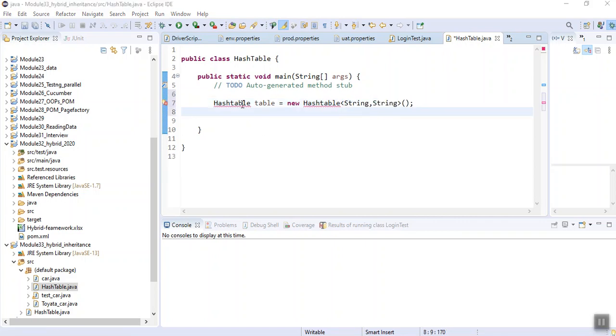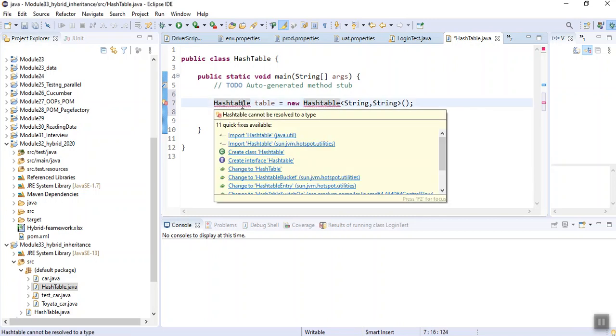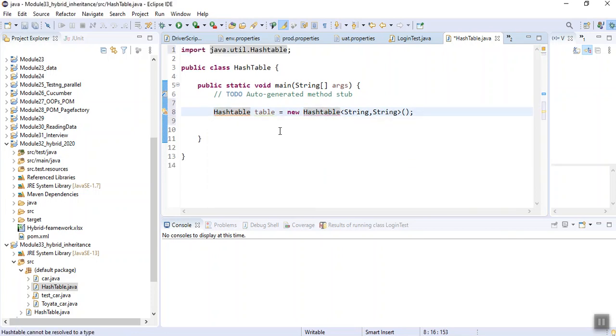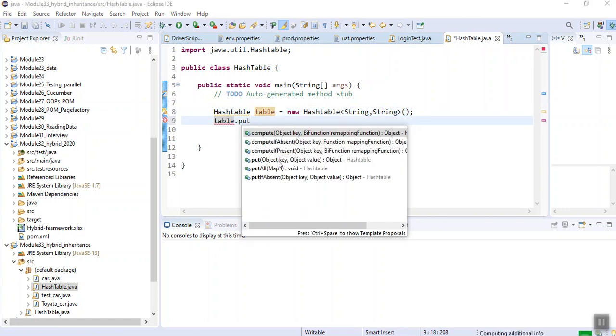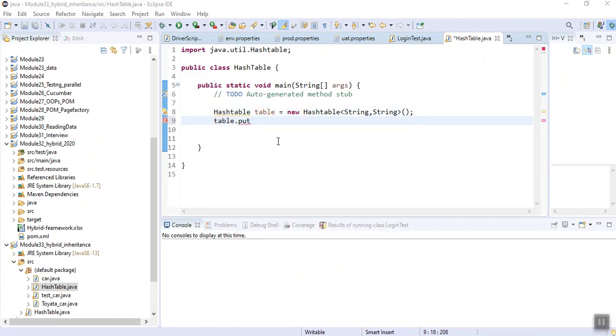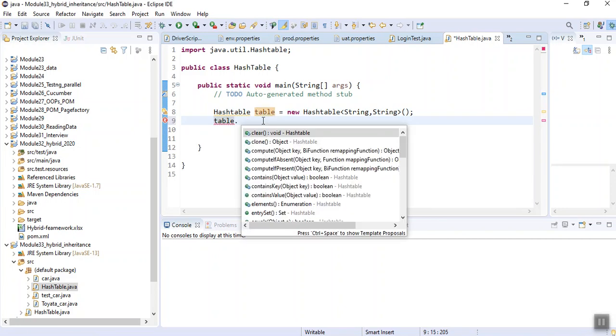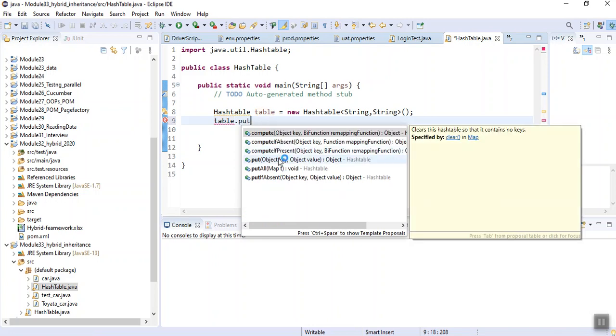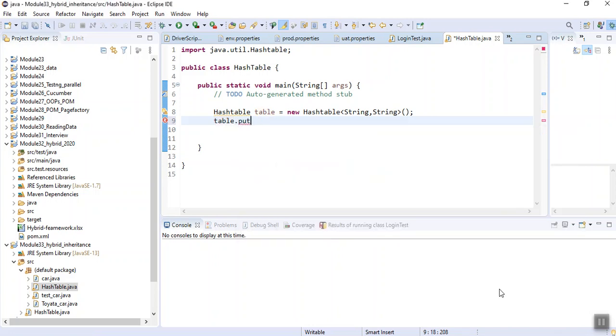And we need to import the hash table. Always import java.util. Now we have created a hash table object, table. We put a key and its value here. See here, we have a key and we can put its value.